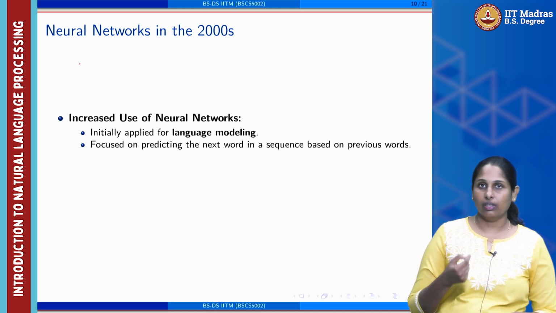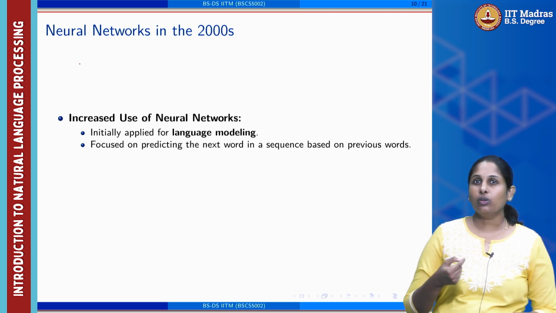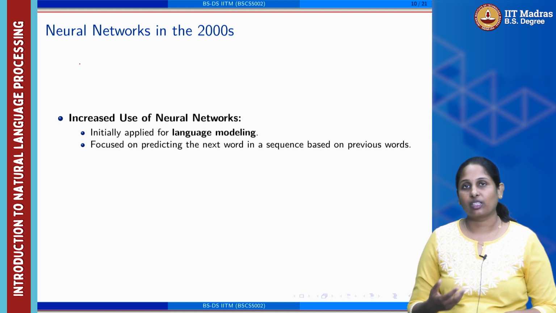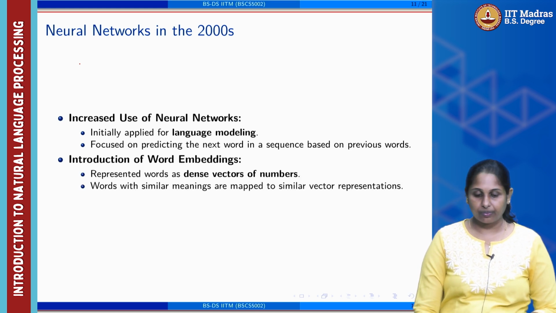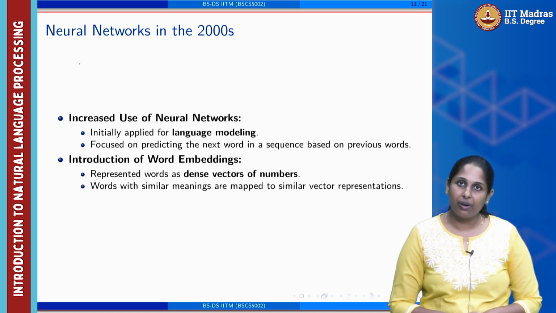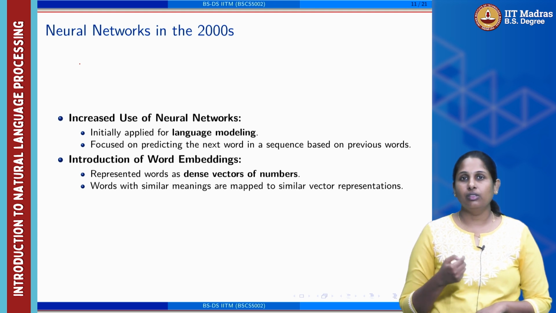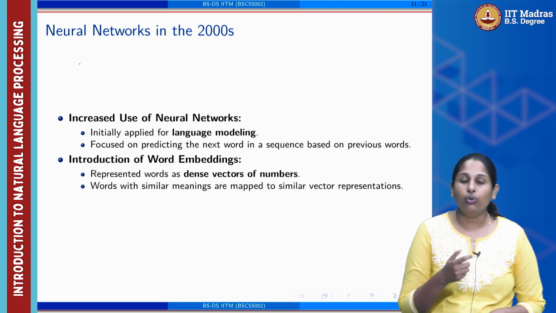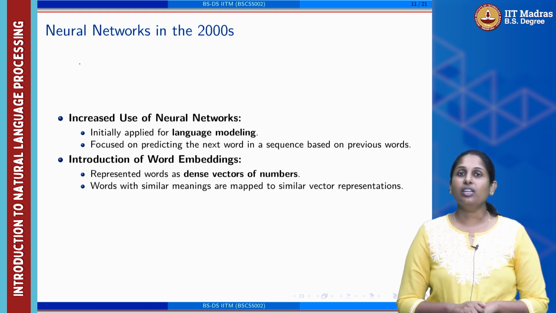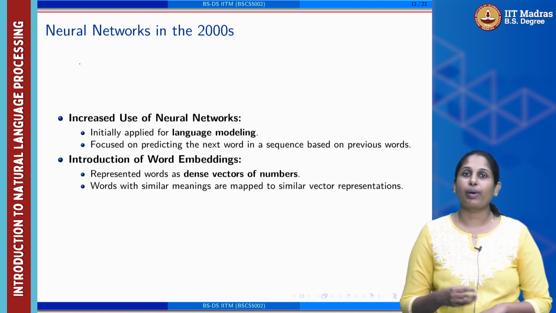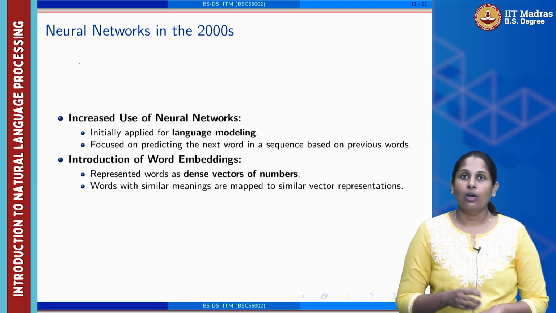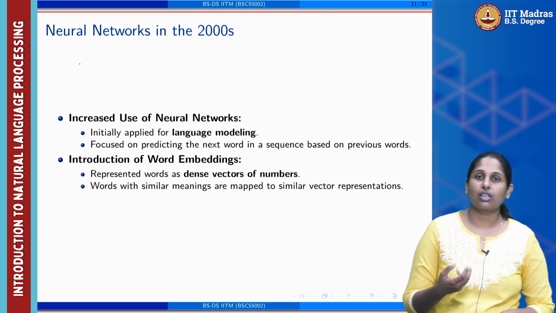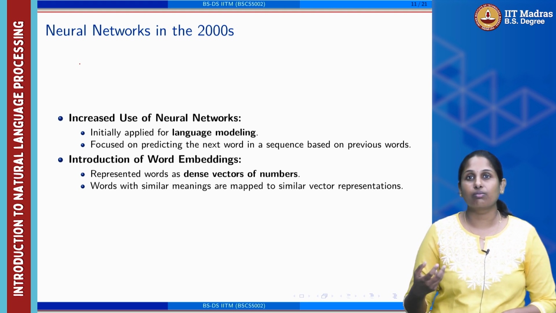So looking at the word, what could be the next word that can be predicted? That is being actually done by neural networks. Word embeddings become very powerful, because instead of just looking at the word as a set of phonemes, a set of sound units, we look at the words as having some kind of mathematical weightage. These weightages are nothing but words represented as dense vectors.